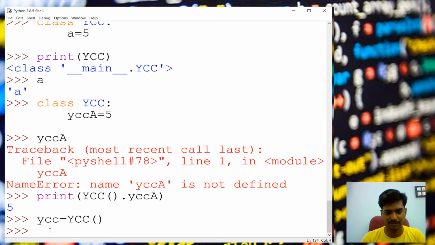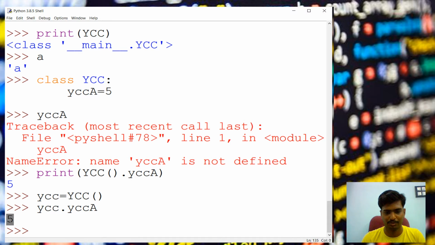Using that object we can call the attribute inside it and we will get the output. Else we can use YCC dot that attribute directly. It can be an attribute or a function, anything we can use. So we have created a simple class and accessed an attribute.